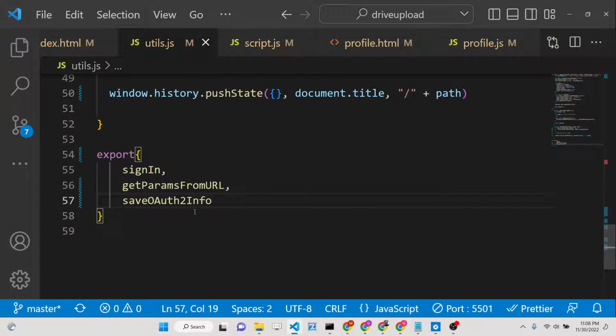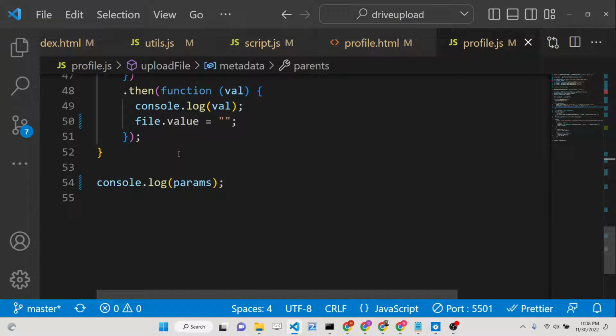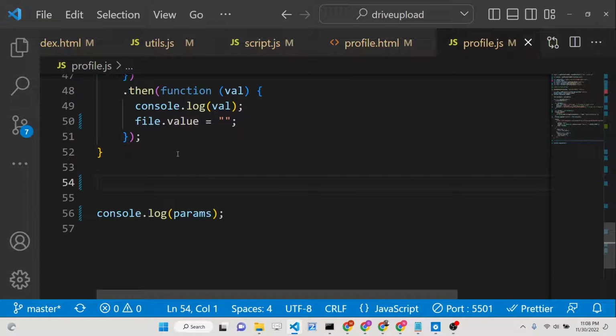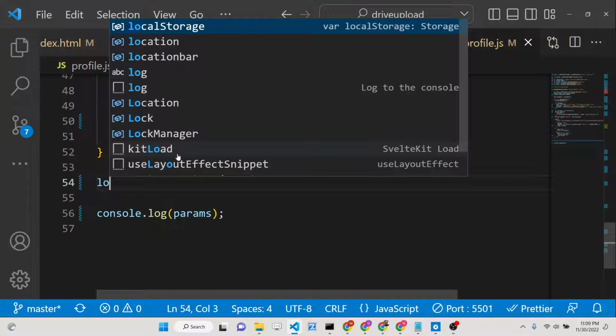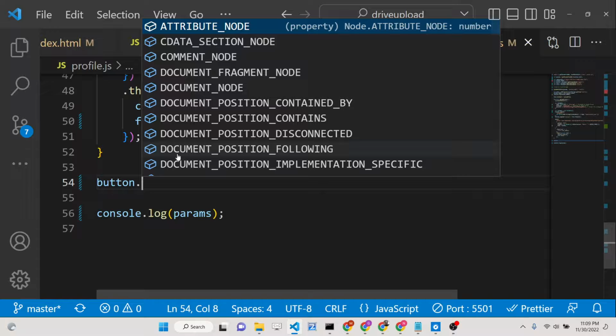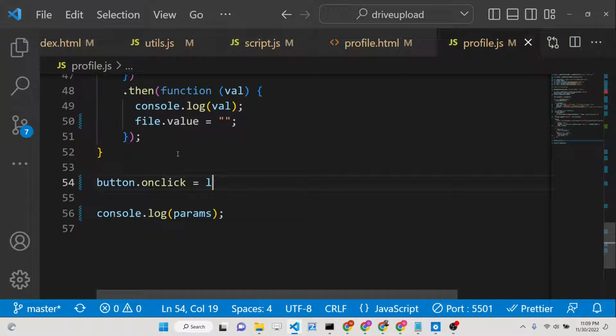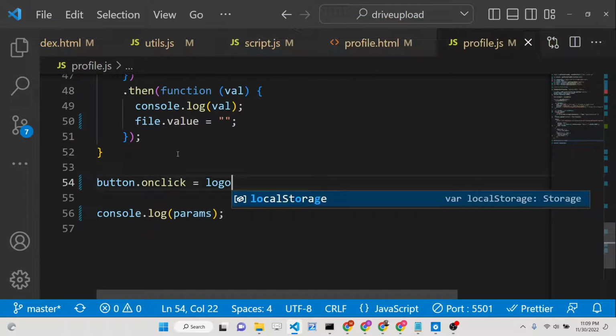Basically guys, I forgot one more functionality here. In the last tutorial as well, I implemented this logout functionality. What you need to do is, we have got the reference of the logout button as well. We have a button here, and we can define this onclick. Whenever you click this button, we will execute a function. We can call this function logout